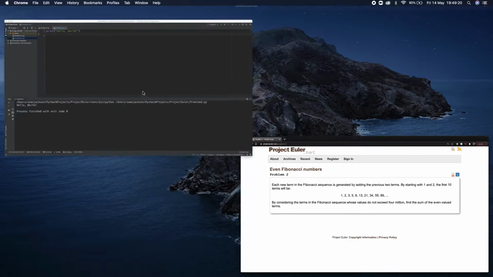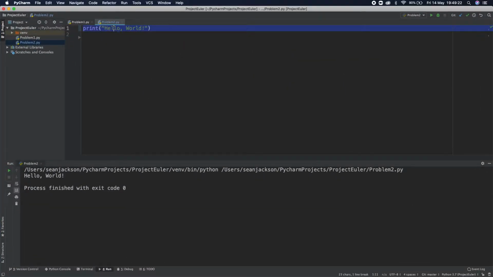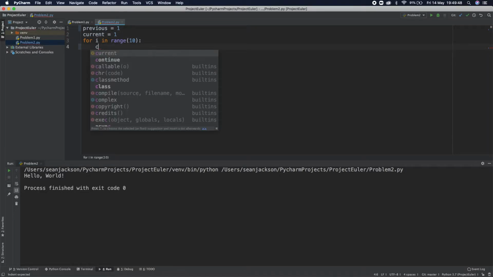So then we can use that as a starting point to generate the rest of the sequence. So let's have a go at that. Here we've got the problem 2 file. Get rid of the hello world. If we do for i in range 10, because we want the first 10. So before we start the sequence, let's say the previous value, i.e. the 0th value, is equal to 1, and the current value in our sequence is equal to 1. So this is our first value. So let's print current,